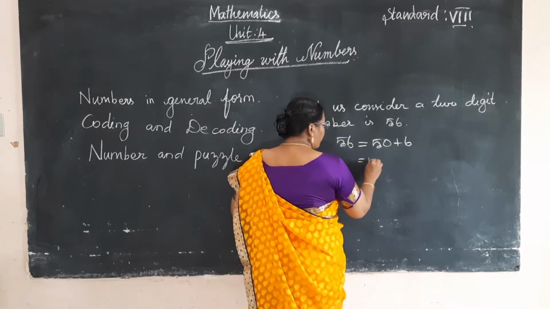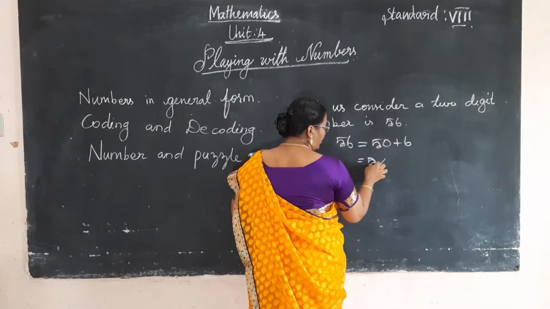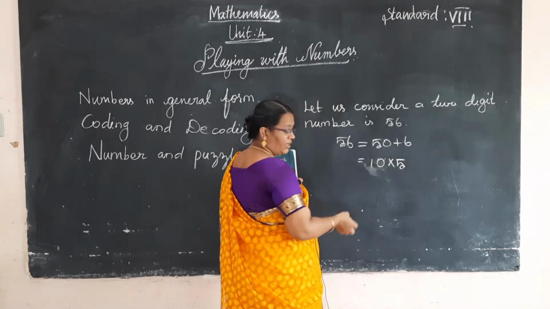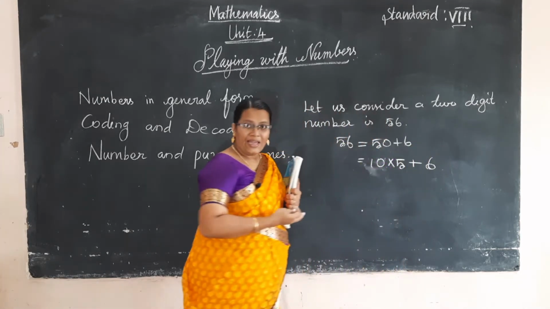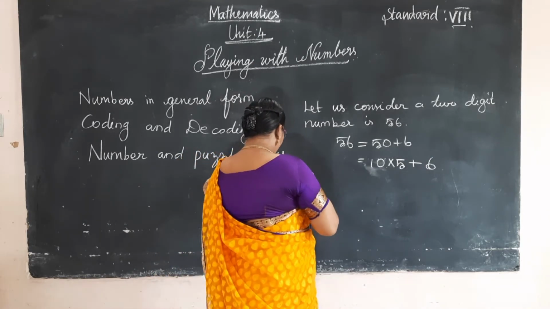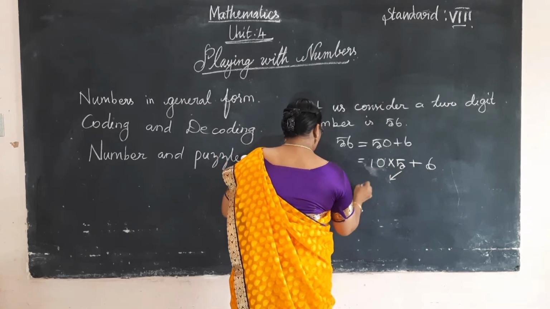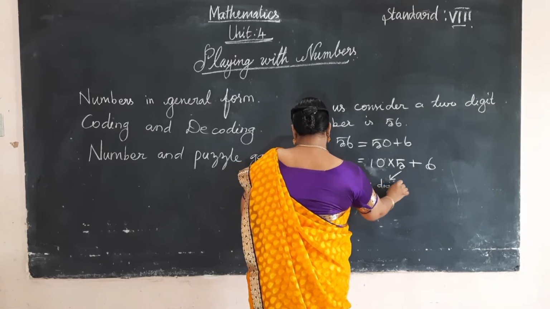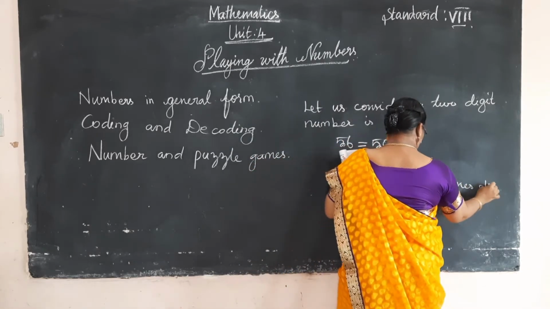Okay, it can be written as 5 times, is it? So first, how many tens? 5. So 5 tens, it can be written as 10 into 5. Tens, how many are there? 5 plus how many ones are there? 6. This is an expanded form of this given number. Say another one of the example. This is a tens digit, is it? Tens digit. This is called the ones digit.